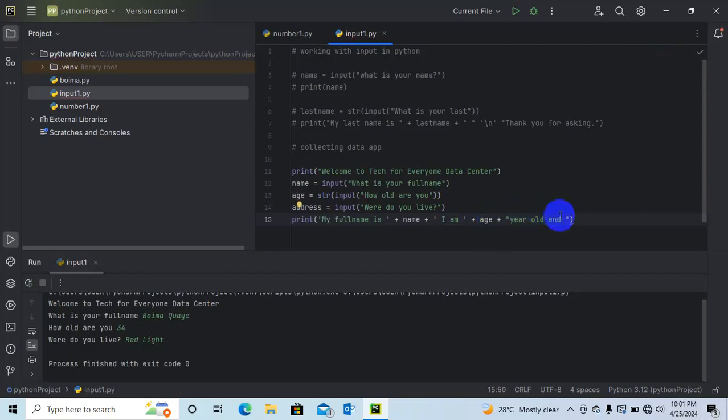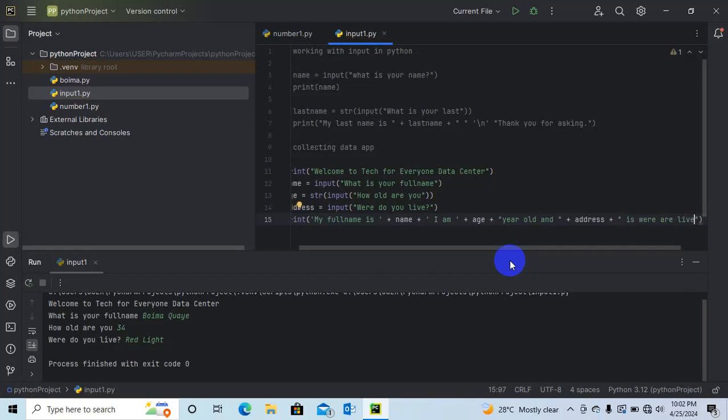I'm 34 years old and, plus the address. So, I live, red light is where I live.